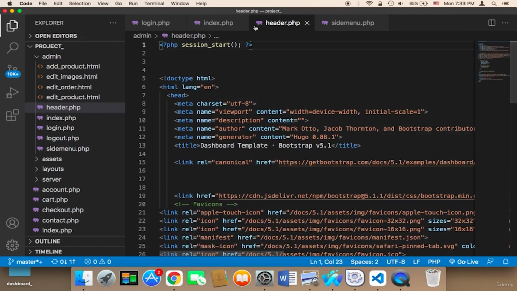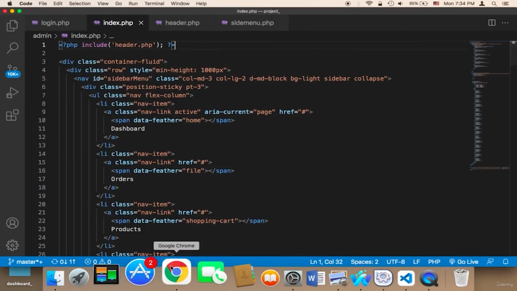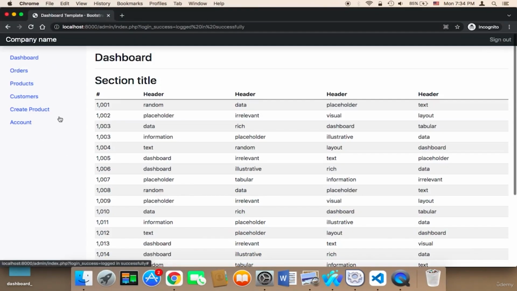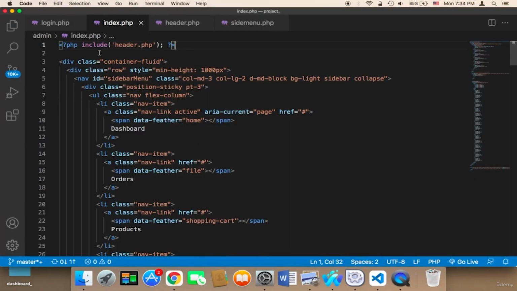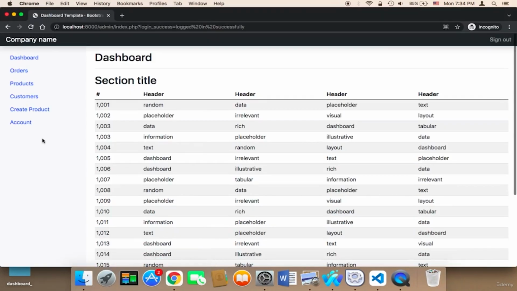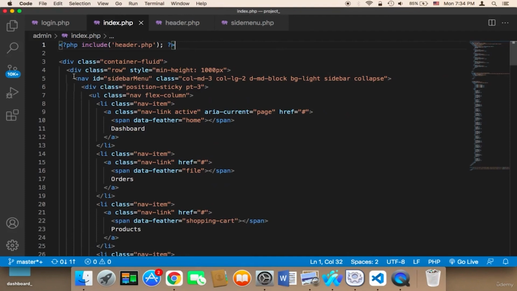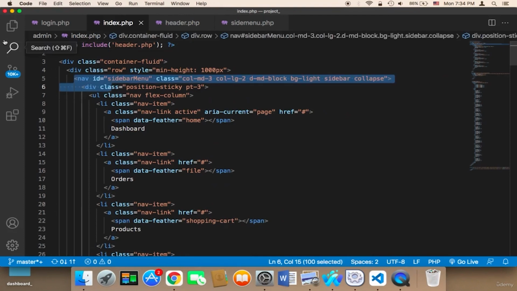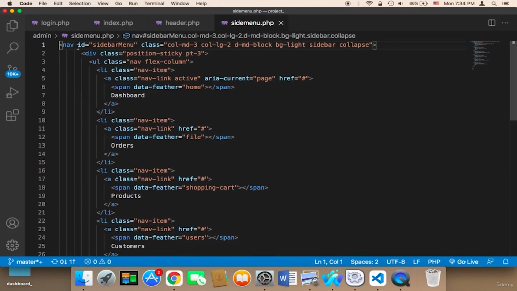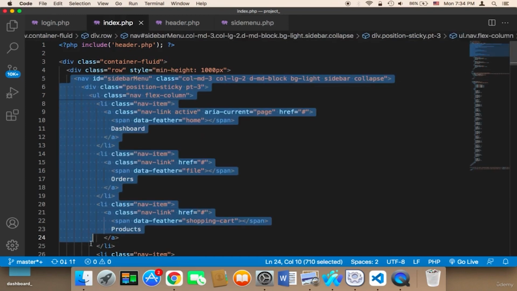Now back to the index. In the index, we need to remove the side menu here, and instead of using this static side menu, we need to use the side menu file. So this side menu file will contain this side menu. So I'm going to remove it from here. What we need to remove is this nav, because the code in the side menu starts from the nav. Therefore, in the index, we just need to remove this nav from here all the way to the end of the nav,